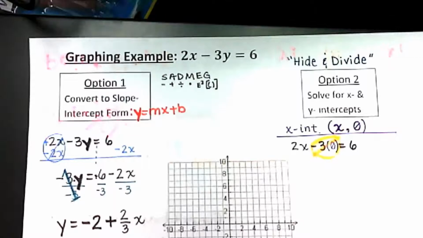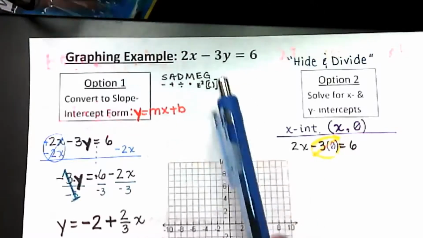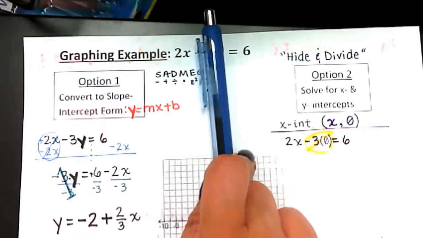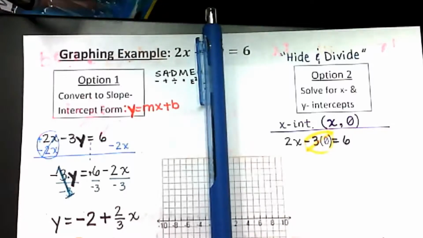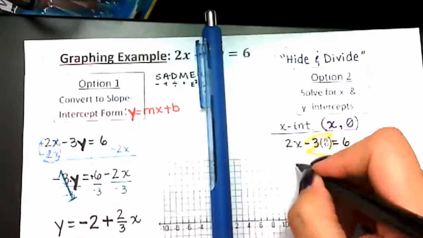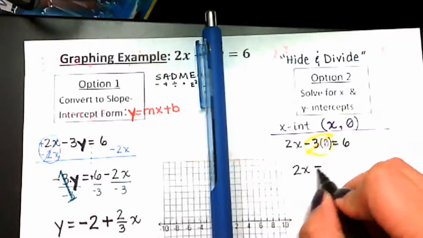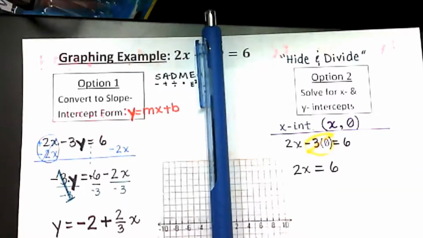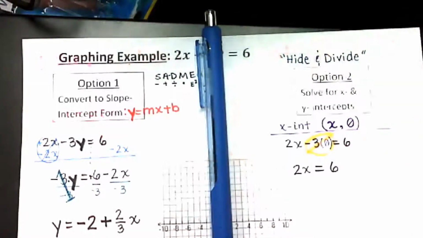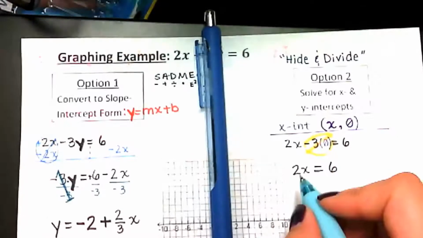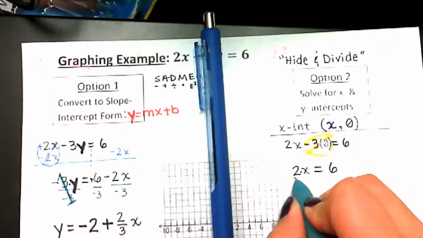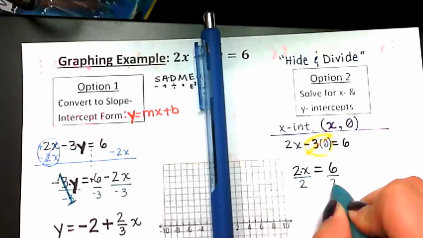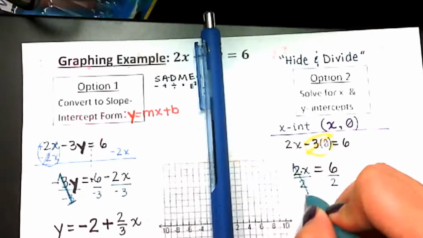So if I want to find my x-intercept, well, I really don't care about my y. I could literally hide it. I'm going to keep that hidden there because what I did by substituting, I bring down just 2x equals 6. To get my x alone, just like I did over here, I'm going to do the inverse operation on both sides and divide by 2,